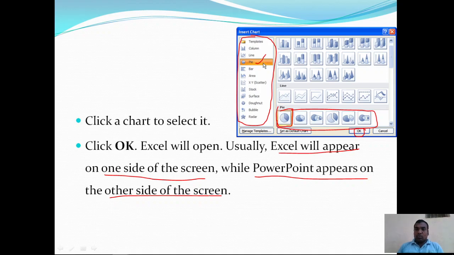Okay, so after inserting the chart, the PowerPoint presentation will appear on one half of the screen and the remaining half of the screen is going to be occupied by Microsoft Excel. In the Excel sheet, the default values are going to be displayed. So you need to modify those values and those labels, then it automatically is going to be reflected onto the chart in the presentation.